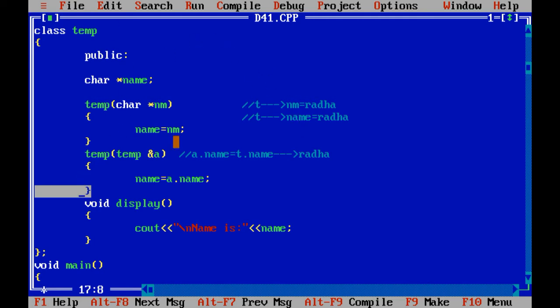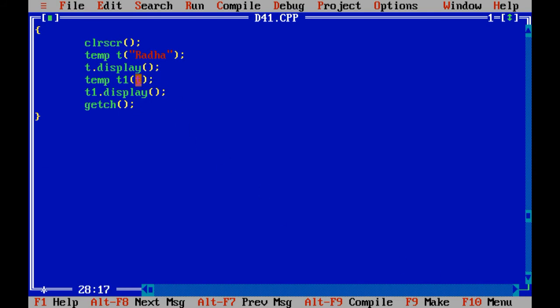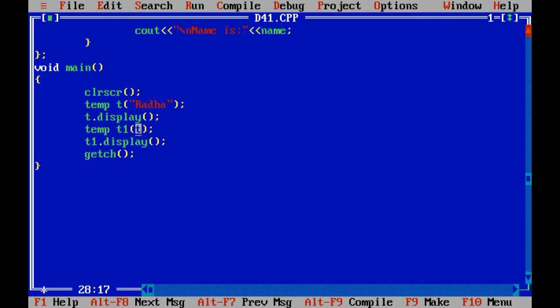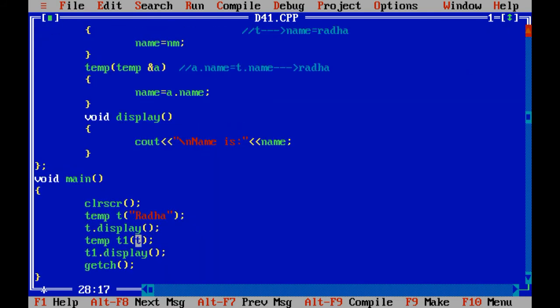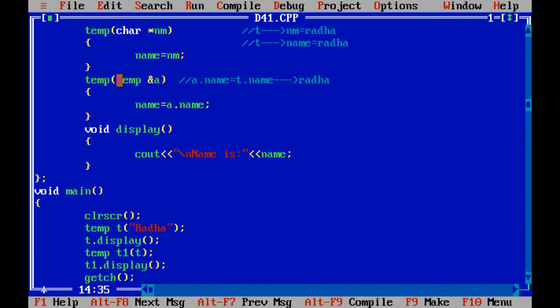So over here temp &a will catch the value which we have passed with the constructor, and the t object contains t of name, which contains Radha, which is copied inside the constructor a, right?